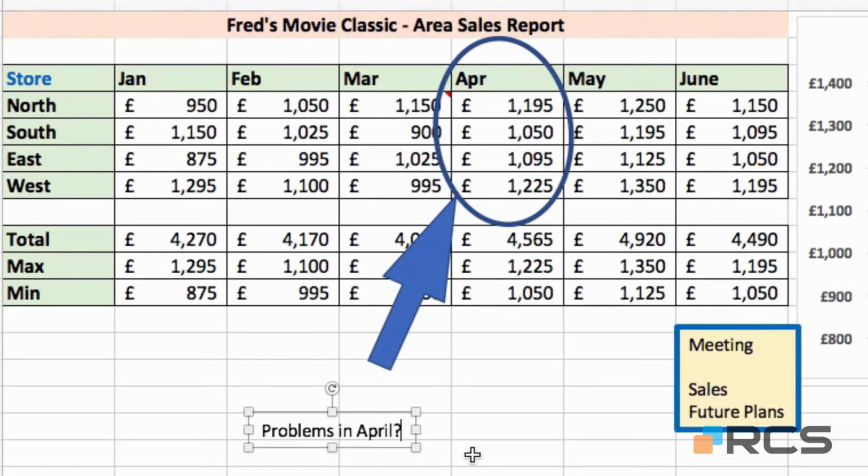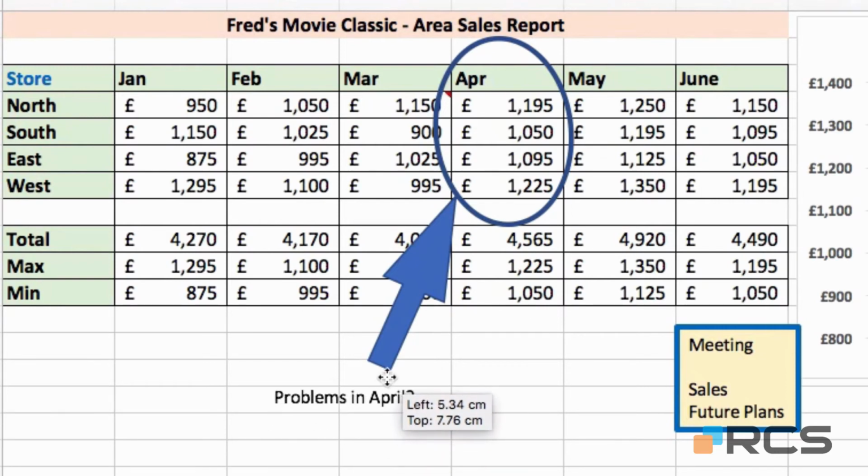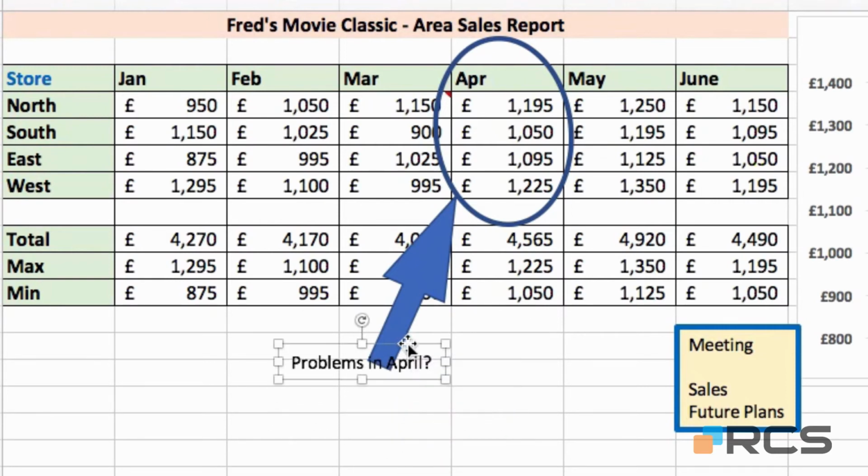So that piece of text will tell people why the arrow is pointing to that circle around the April figures. And if I then click and drag again, just put the mouse pointer on the edge there, click and drag the text box towards the arrow. Now by doing that, I've made the text a little bit hard to read, so I'm going to fill the